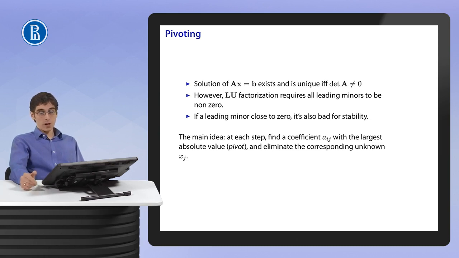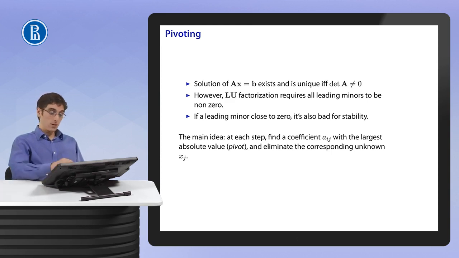Because if you divide by a small number, you get a large number, and this can lead to the loss of accuracy. So in fact, having leading minors close to zero is really, really bad for stability. Okay, so there is a way of alleviating these problems, and the main idea is fairly simple. You have your matrix, and you're using leading elements to eliminate the unknowns. So let's see. At each step we find the element which is large and use it to eliminate other